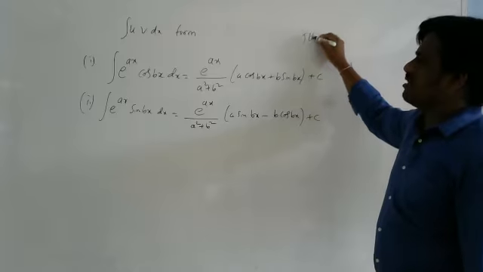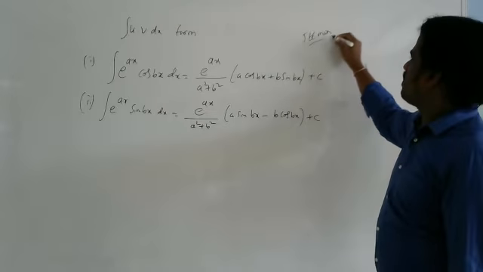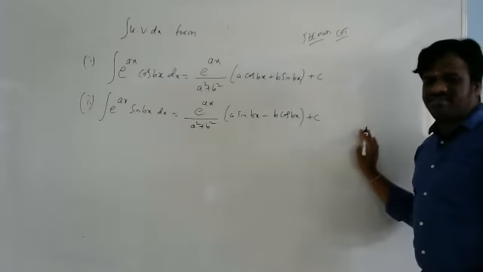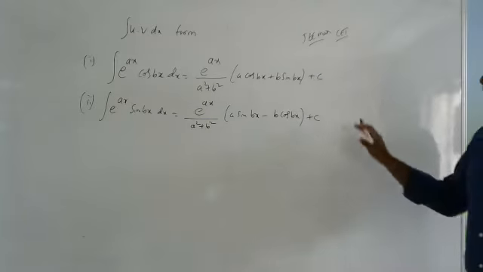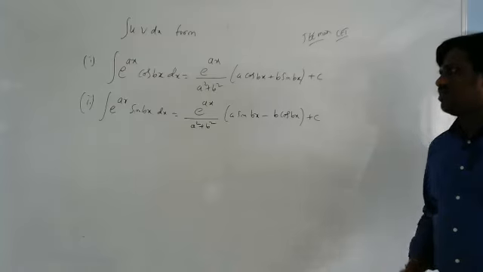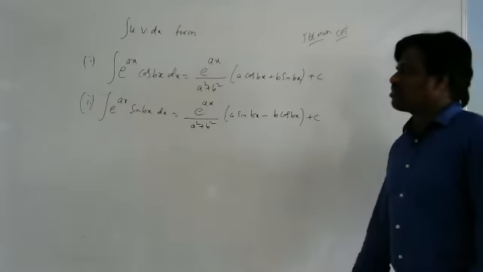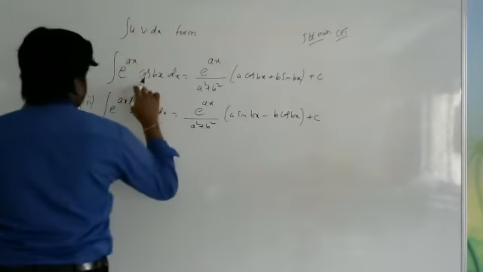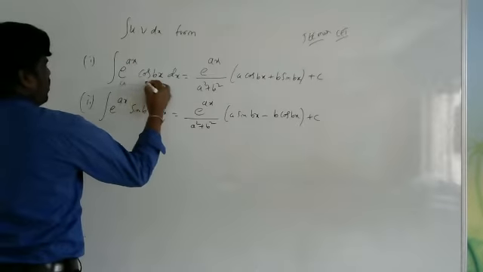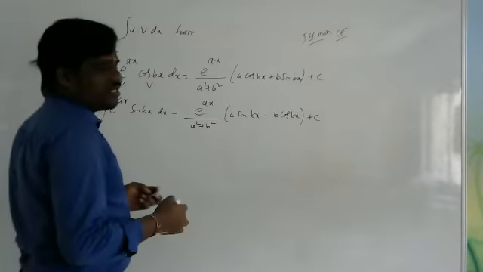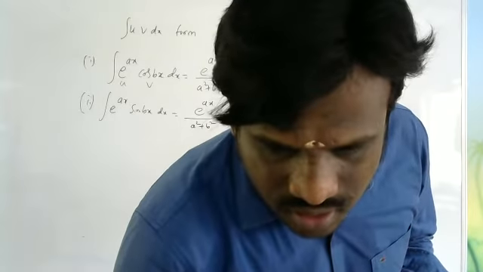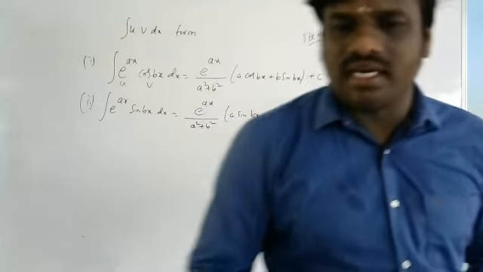These are very important for JEE Mains, and also important for CET, MS CET. And at that time I gave the proof also, in the JEE class. Integration of e power ax cos bx dx by the UV formula. You know the Euler, you remember we have learned Euler. These are related to Euler.